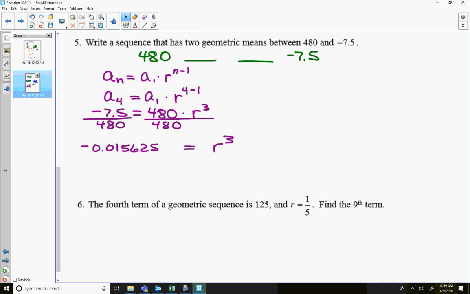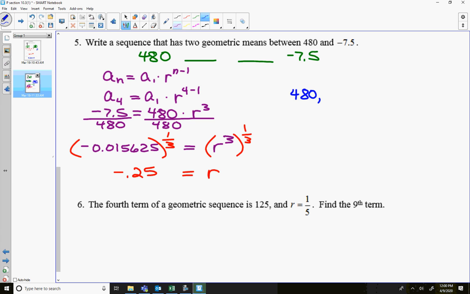Okay, I don't want r cubed, I want r. So how do we get just r? We take the cube root of both sides. So take the cube root of it, and when we do that, we find that r is simply negative 0.25. So now that we know that, going back to the original problem,